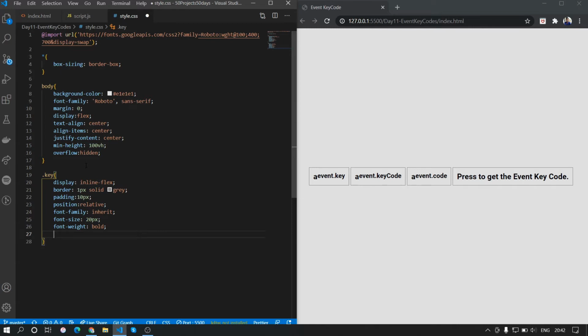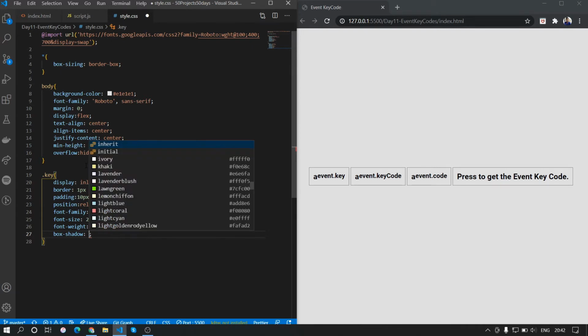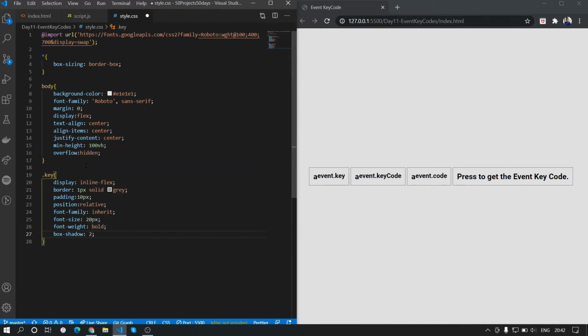Then we'll do a box shadow, and first we'll do 2 pixel offset on x-axis, 2 pixel offset on y-axis, and we'll apply a 2 pixel blur, and we'll add a color of black, so 000, and we'll give it an alpha value of 0.1.